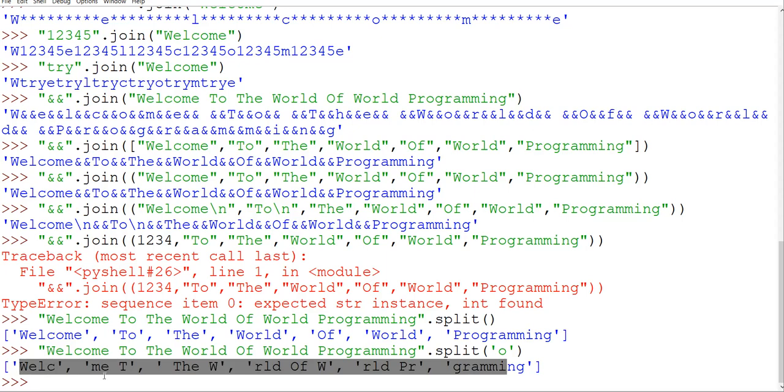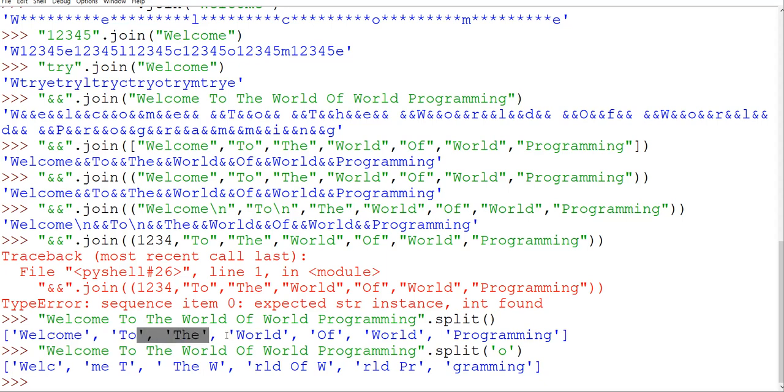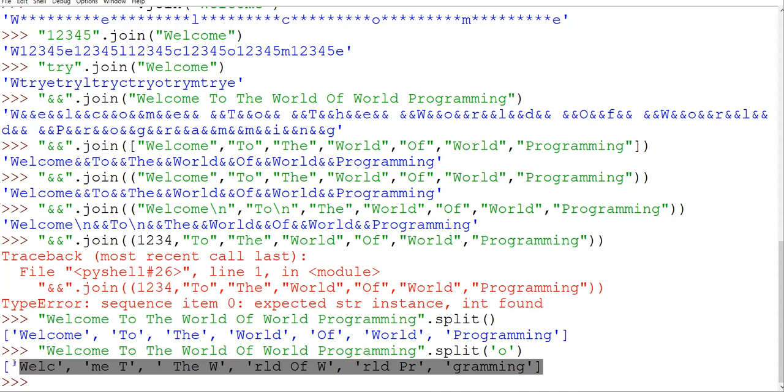So you have to take care that whenever we are giving any breaking point, it will not appear in our final list. Similarly, what I said is that if we are not giving anything, by default space will be considered as a breaking point. So you can see here, no spaces are there now. If you see, this is my word from here to here, no space has been added. Similarly, from here to here also, no spaces are added. So this is how your split will work. And by default, it returns a list. List means it is mutable in nature. If you wanted to change anything over here, you can change it.